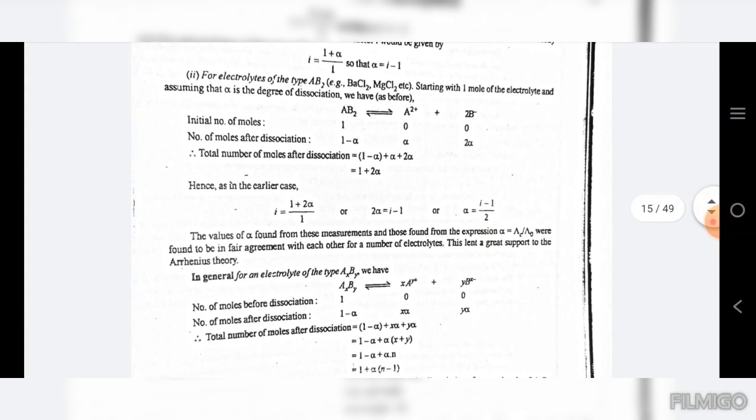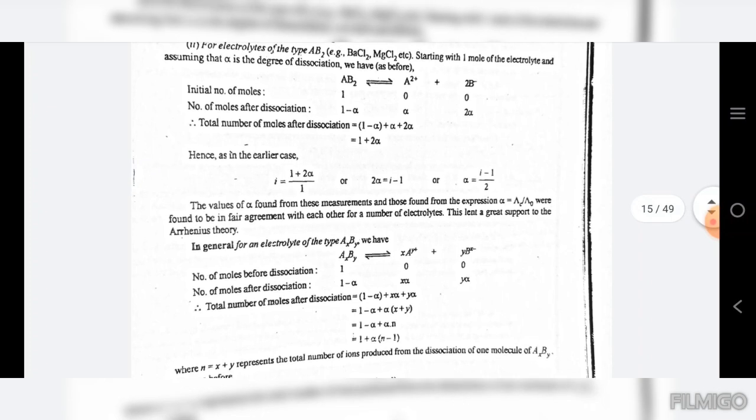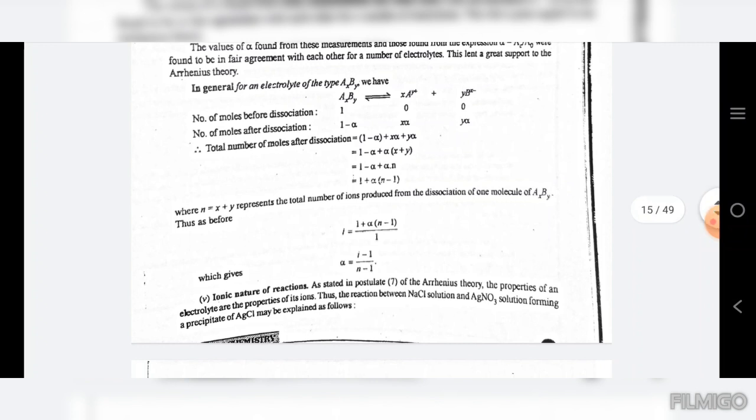For electrolytes of the type AB2, starting with 1 mole of the electrolyte and assuming that alpha is the degree of dissociation, the values of alpha found from these measurements and those found from the expression were found to be in fair agreement with each other for a number of electrolytes. This lent great support to the Arrhenius theory. In general, for an electrolyte of the type AxBy, we have: